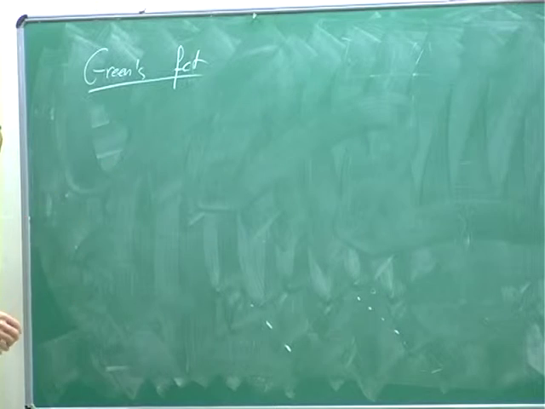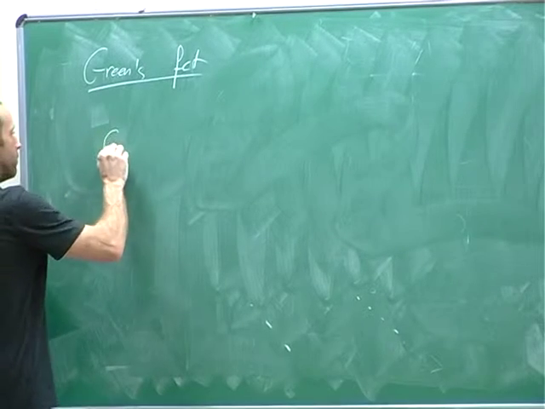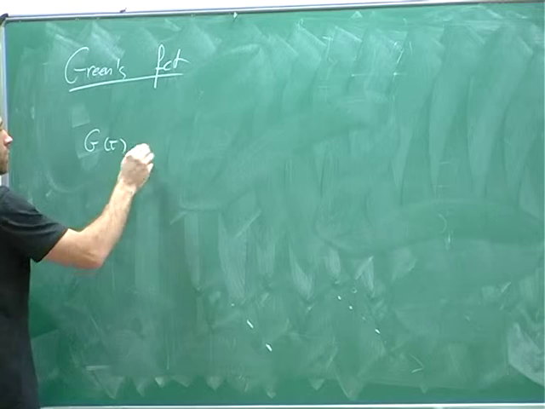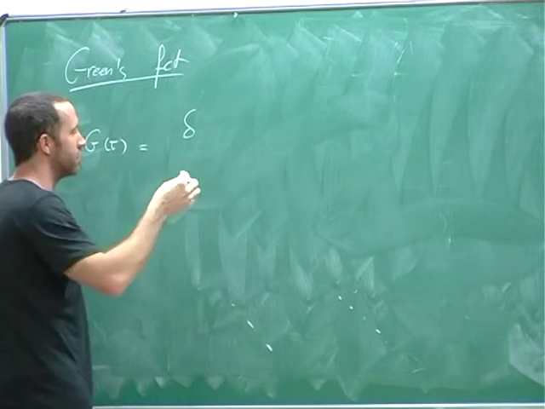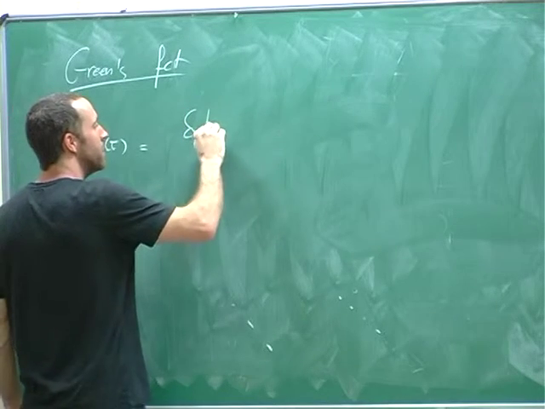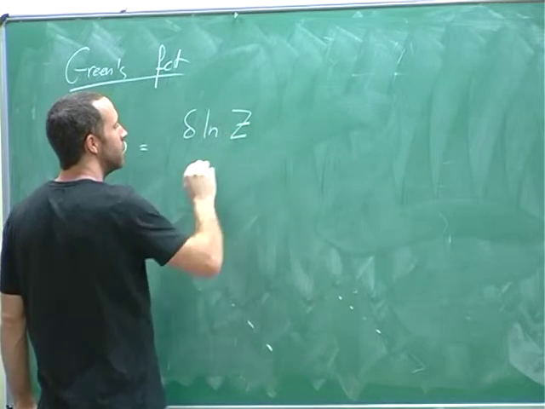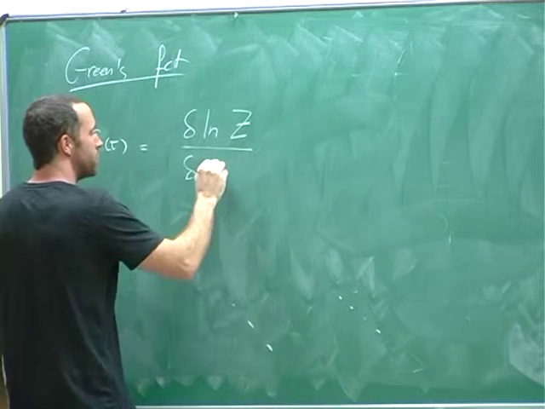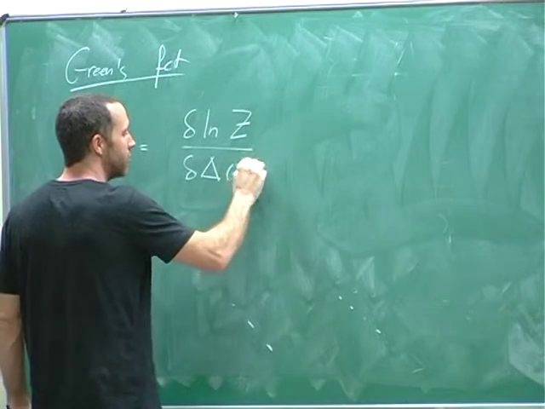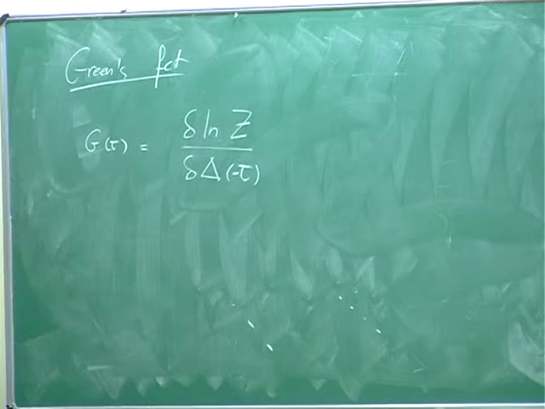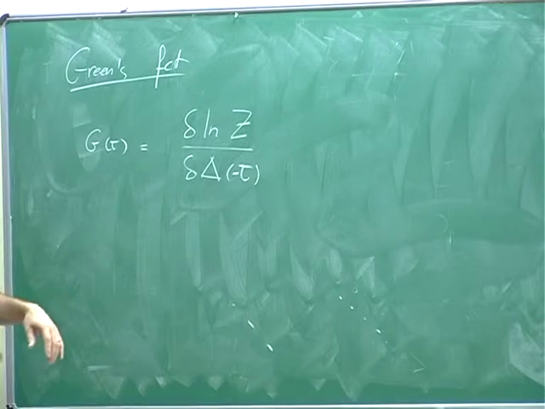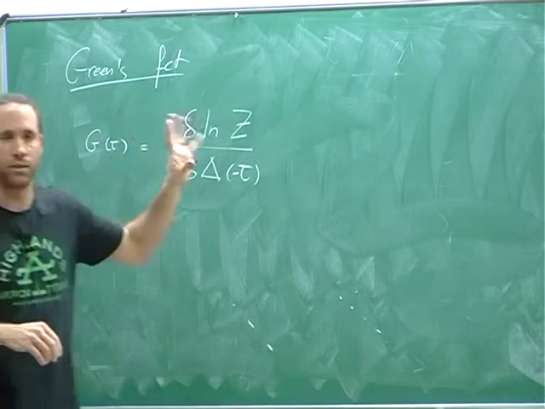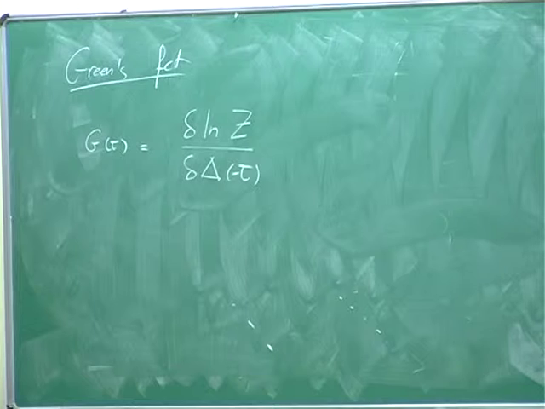The same is true for the Green's function. Actually, G of tau, you can show that it's, well, the only difference is a functional derivative, but it's essentially the same. The functional derivative of log of Z with respect to delta of minus tau. I won't carry out the details of this calculation, but maybe I can show you quickly a little bit why it's true. So the partition function Z is